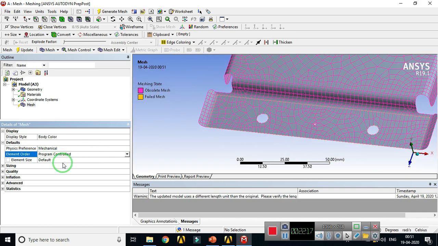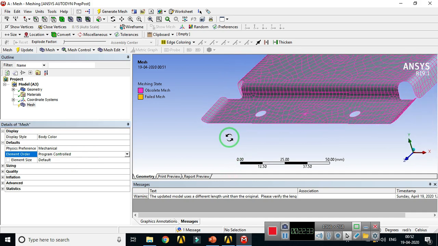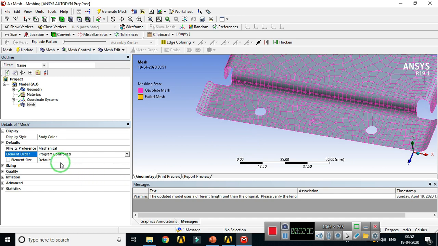So element size is used for the entire model, and this size will be used for meshing all edges, faces and bodies. This default value is based on relevance and initial size seed. If you know the minimum edge size of this geometry, then you can set the element size as per your requirement. If you know the dimension of the geometry, then you can give the input for the element size. So this is all about your default groups.